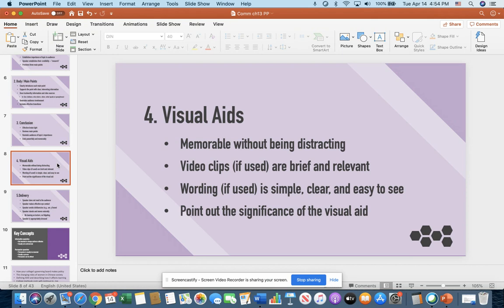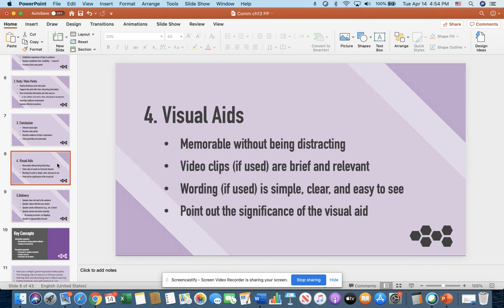Wording to talk about your video, your visual aid, is clear, simple, easy to see. I'm sorry, I'm off track here. Wording in terms of your slides. Make sure they're big enough to see, that it's simple, clear, and don't overload your slide with wording. Really keep it short, because if it's too much and they're reading it, guess what? They're not listening to you.